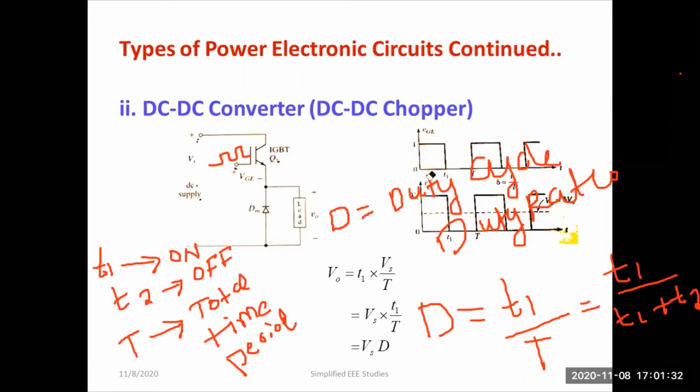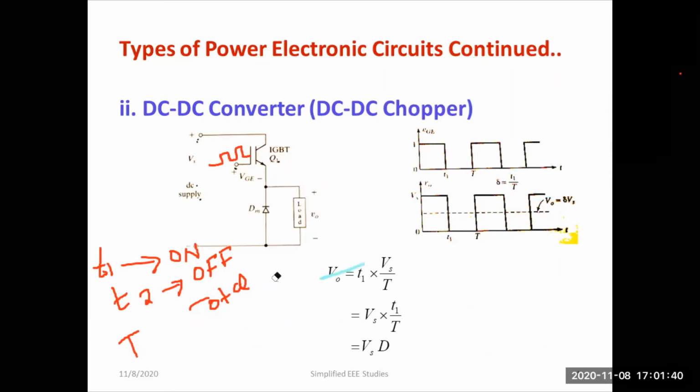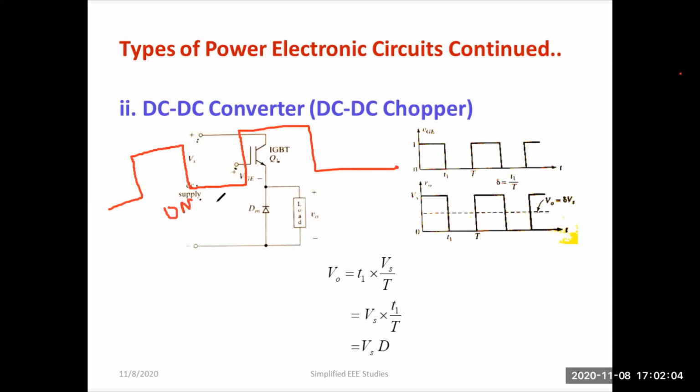Okay. Now let us come to the point. How does it operate? These concepts you have to note down. That will be really helpful for you. So the total output voltage can be written as V0 is given by T1 into Vs divided by T, where T1 is known as the on period. The pulses have two states. One is the on period, the other is the off period. So this is your on period, correct? This is your off period of the switch, on condition and off condition.